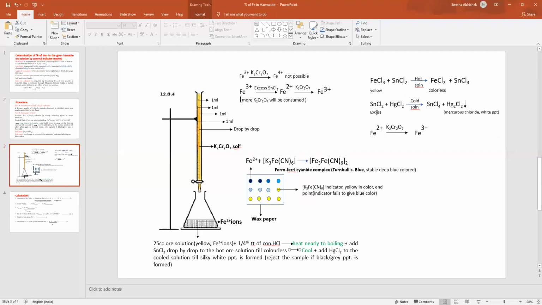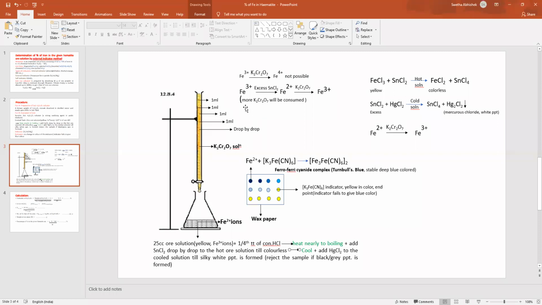Let me discuss how the stannous chloride in excess can interfere in the reaction mixture. As we already discussed, stannous chloride is a reducing agent in hot condition, right? So when the titration is performed, what do we do at the end? The ferric ions which are formed may get reduced back into ferrous by excess stannous chloride if it is still left in the reaction mixture, gradually. As a result, what happens? The ferrous ions concentration becomes very high, which is not equal to the actual amount present.